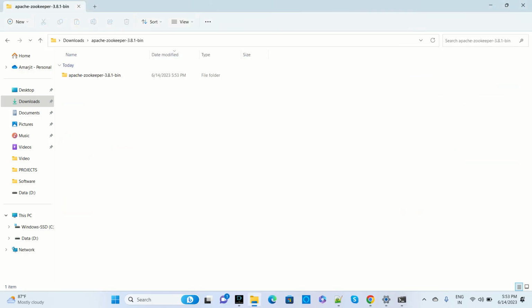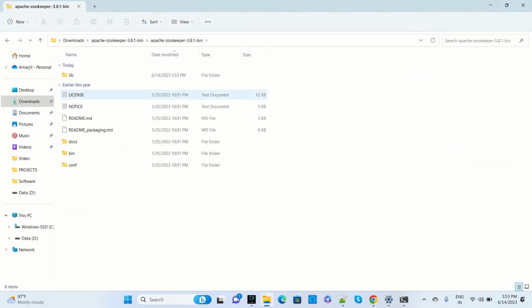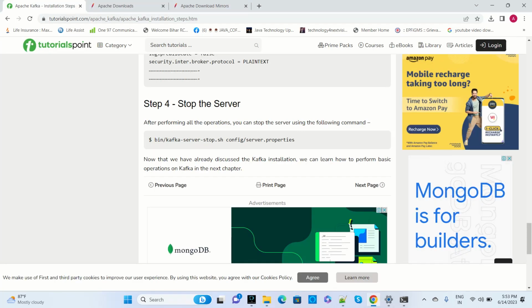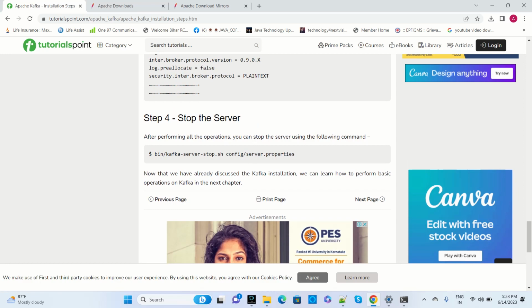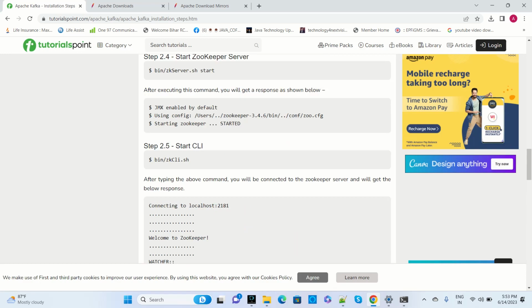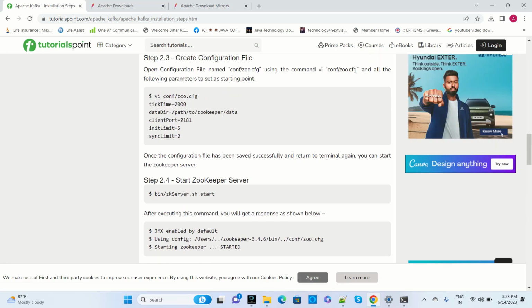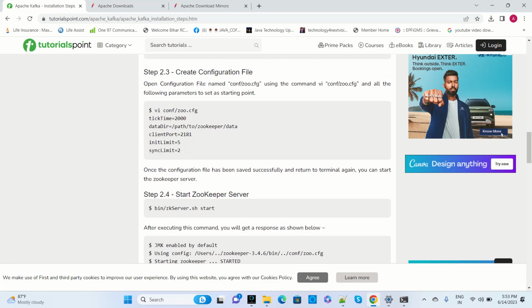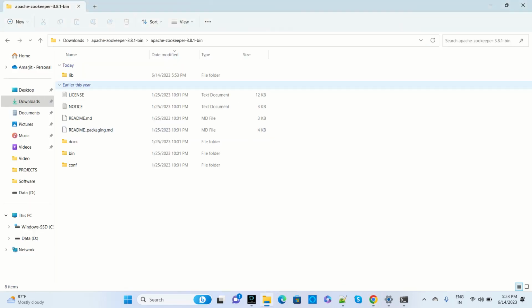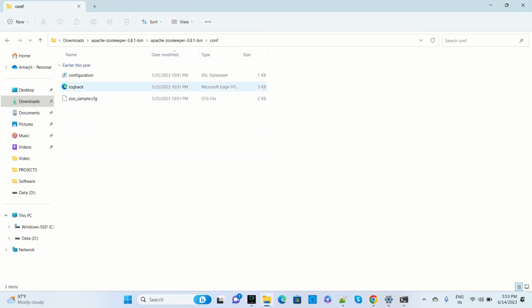So this zookeeper has been extracted, and here, what was the document inside that? So in zookeeper you have a zookeeper config file, so you have to see here in conf. So zookeeper config is there,